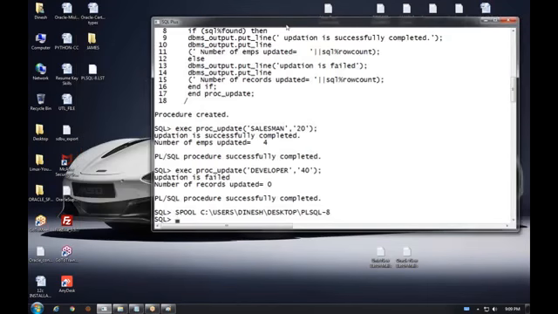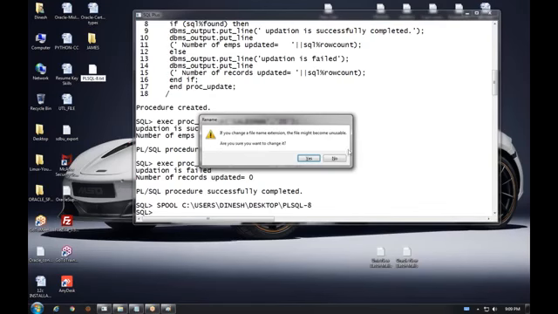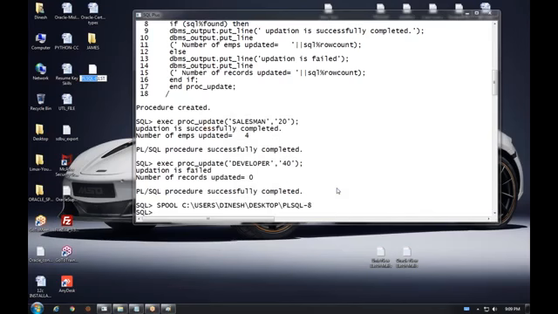Mistake and time. No problem. I will change it later. Later I will change it. Now